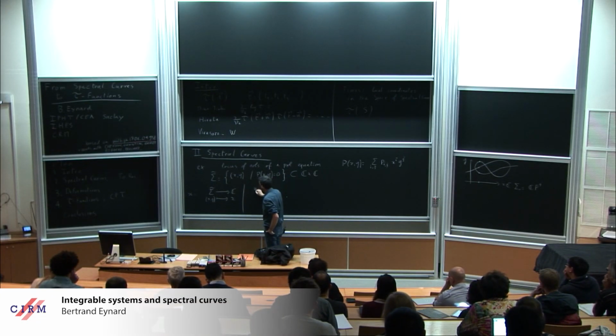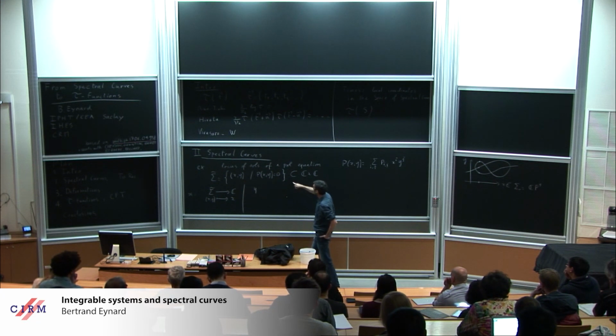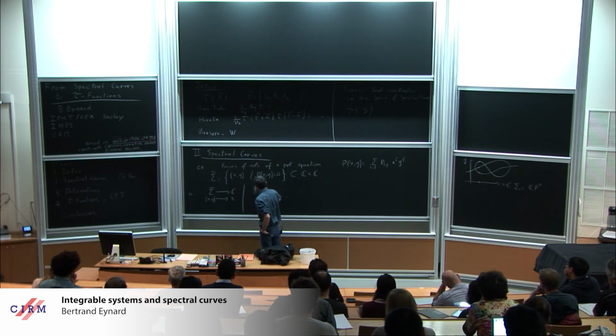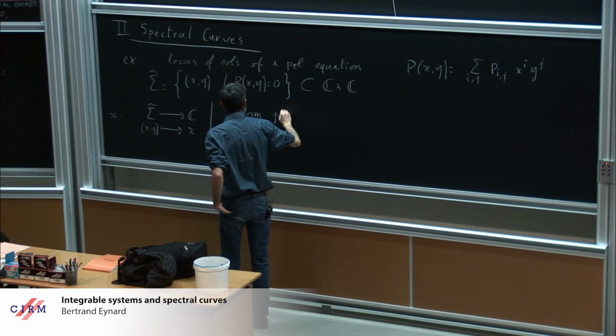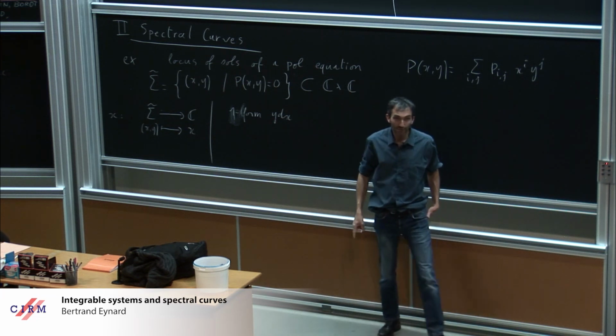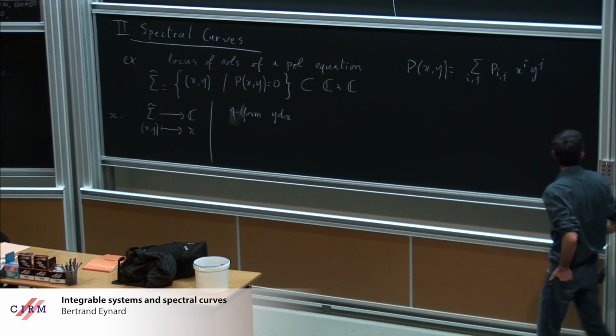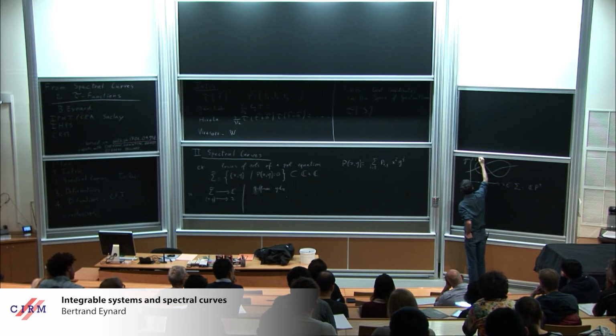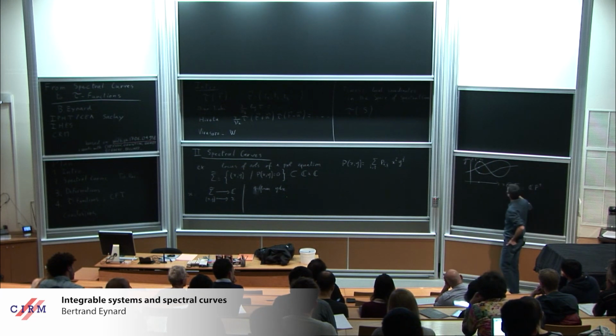You have also another projection. Well, you could think you have the same projection in the y direction. But in fact, it's more interesting to look not at the function y, but at the one form y dx. And y dx is a function multiplied by a differential, and in fact it really lives on the cotangent space to the base, sigma 0.